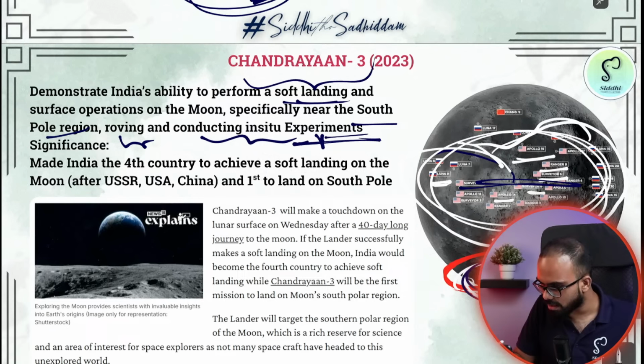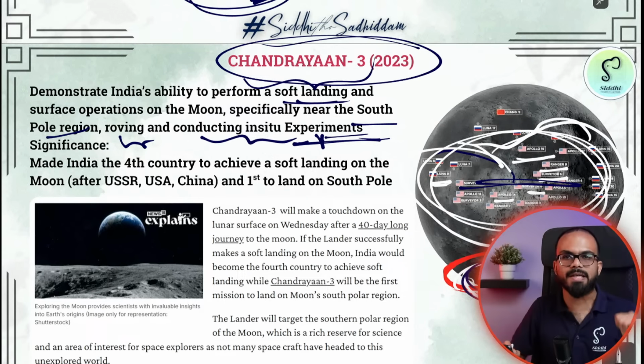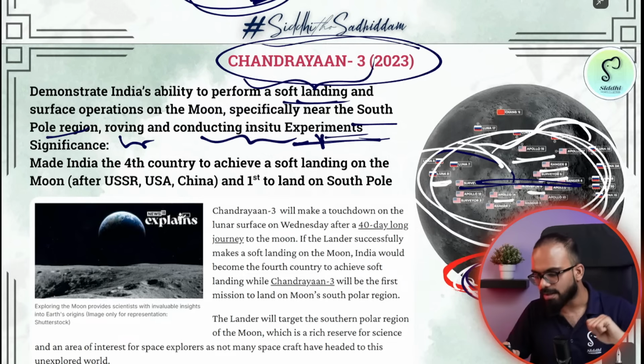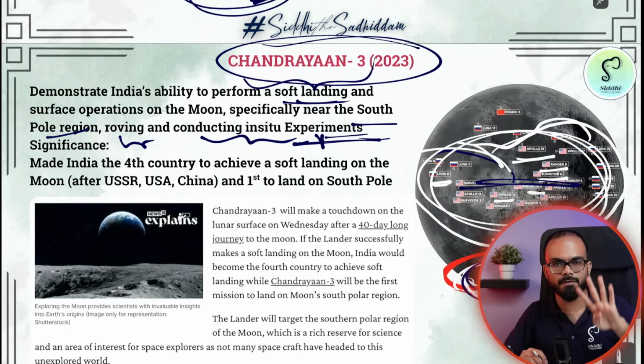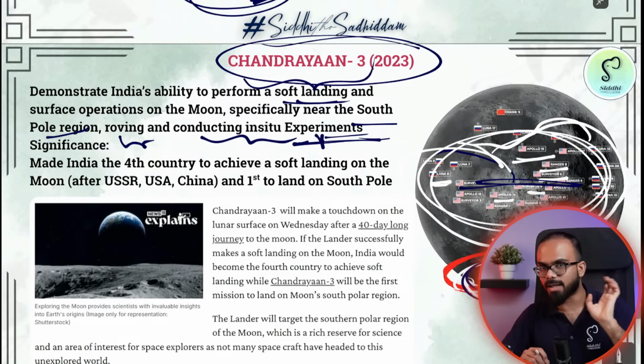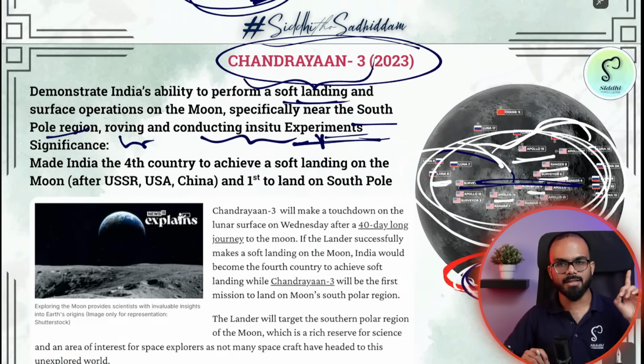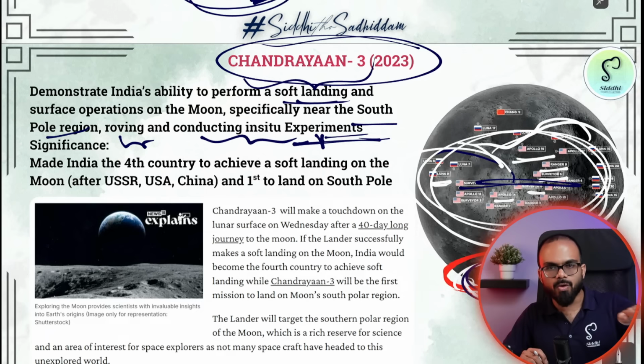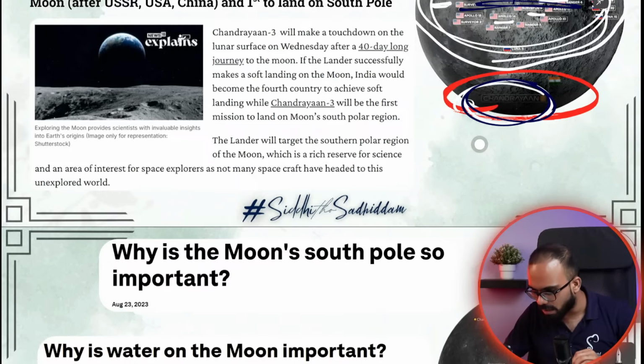Right? So this is about Chandrayaan 3. India was successful in Chandrayaan 3 in 2023. And India is the 4th country in the world to do a soft landing on the moon and the first country in the world to land on the South Pole. In the next 2 minutes, I will tell you why South Pole landing is important as well. So India in the Chandrayaan 3 mission successfully landed on the South Pole of the moon. We demonstrated that we have the technical capability to land on the South Pole. We can move on the South Pole and we can conduct in situ, that is local, experimentation.